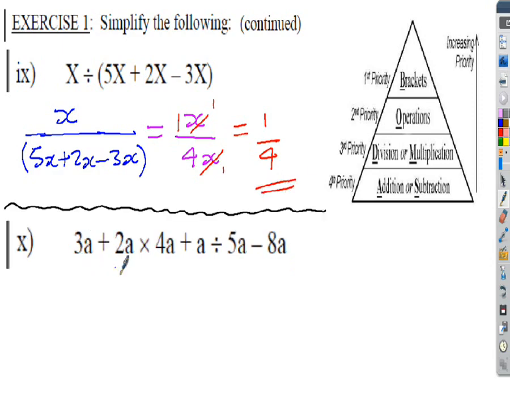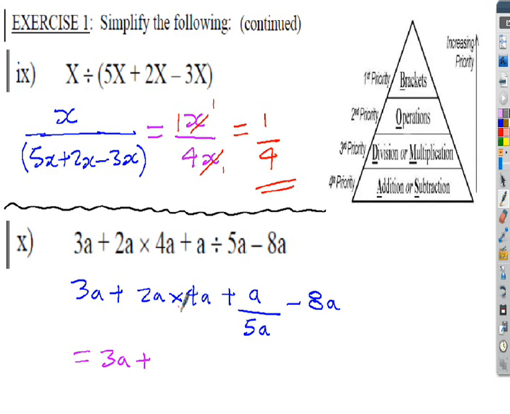Part 10, we have 3a, add 2a multiplied by 4a. We're adding to that a divided by 5a, and we're subtracting 8a. Putting our precedence here, precedence lies with the 2a multiplied by the 4a and the a divided by the 5a. I'm just going to write this onto 2 lines. So 3a added to 2a multiplied by 4a added to a divided by 5a subtract 8a. So that's equal to